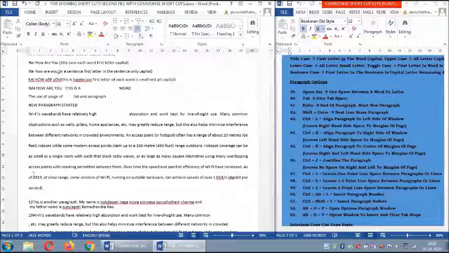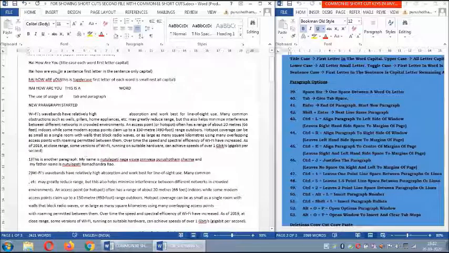Now we want a gap between the lines. See here, you will see there is much space between these two lines in a paragraph, whereas here it is very less. There are shortcut keys we can use. Now I say Control 1. What happened? The line space has been reduced between the lines of the paragraph.